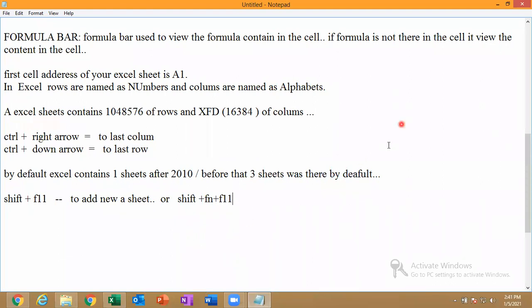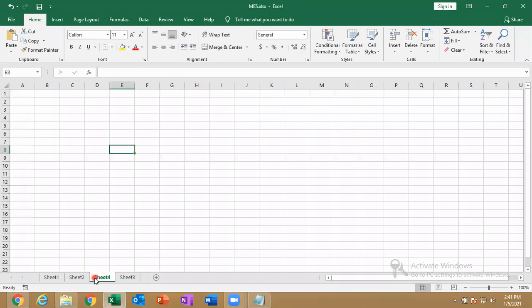Clear? So for deleting, you can right click on the sheet and you have a delete option where you can delete the sheet.